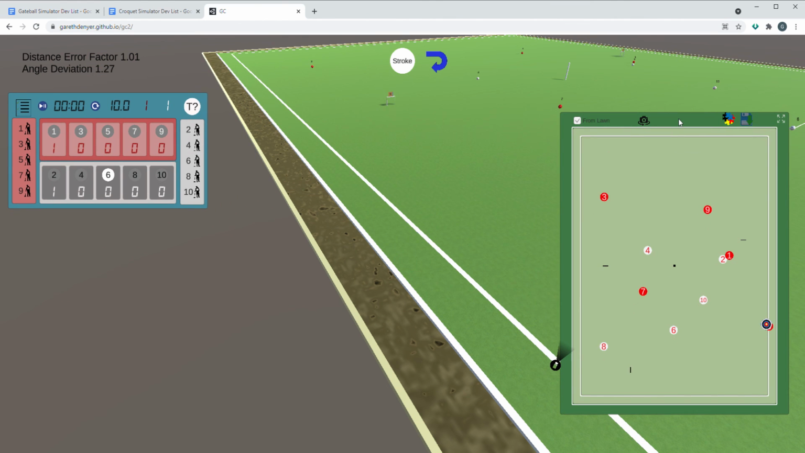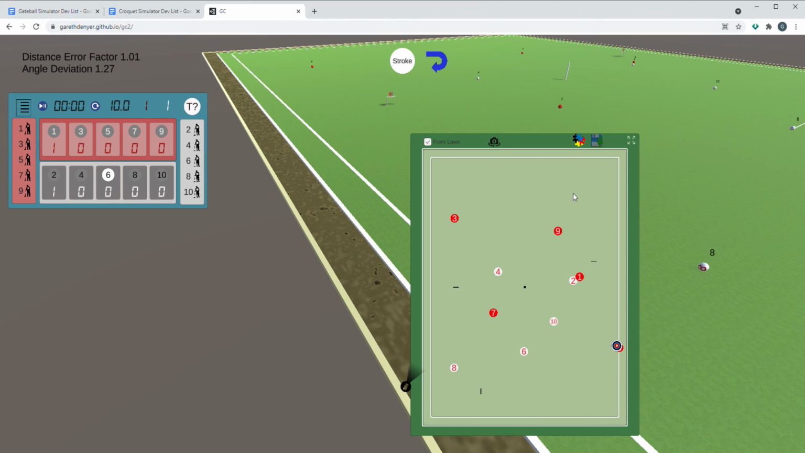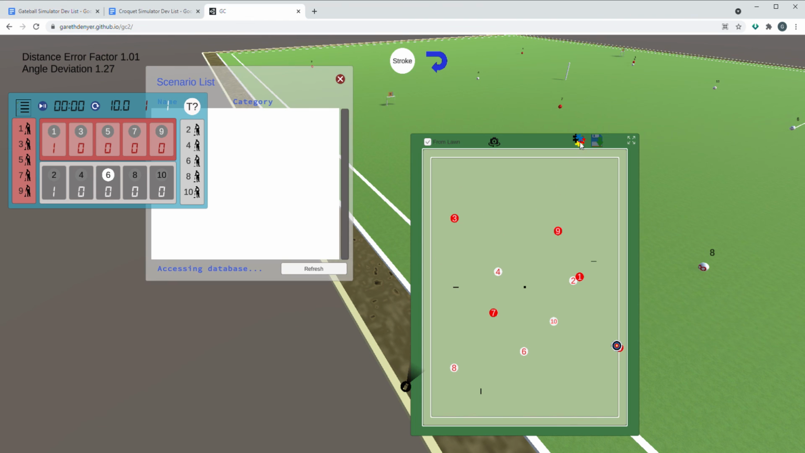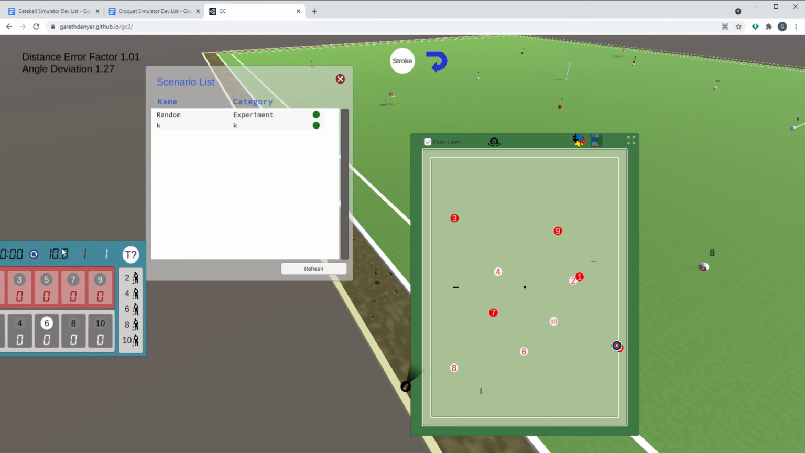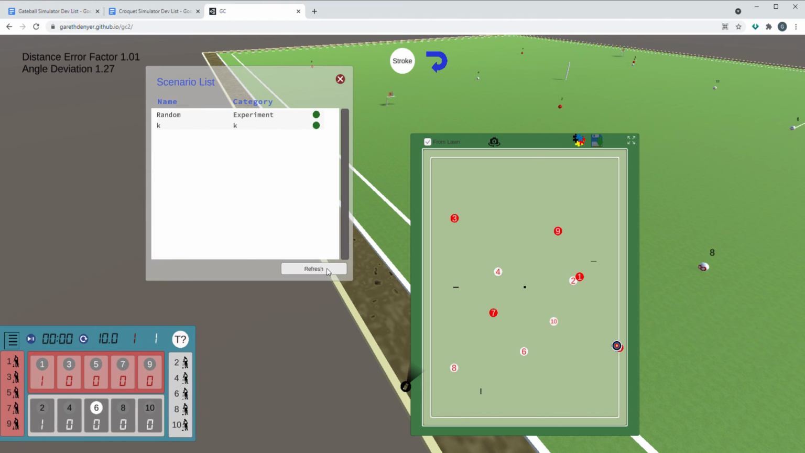Now, having got an interesting position, you can save that position. So if you click save, then you can add that scenario to the list of scenarios in the database. So by putting in some information and clicking Add Scenario, that position will be saved. That means you can come back to it and play it again. So it's a way of saving the game, if you like, but it's also a way of sharing a scenario with other people. And to load scenarios, you click on this button with the puzzle pieces and press refresh,